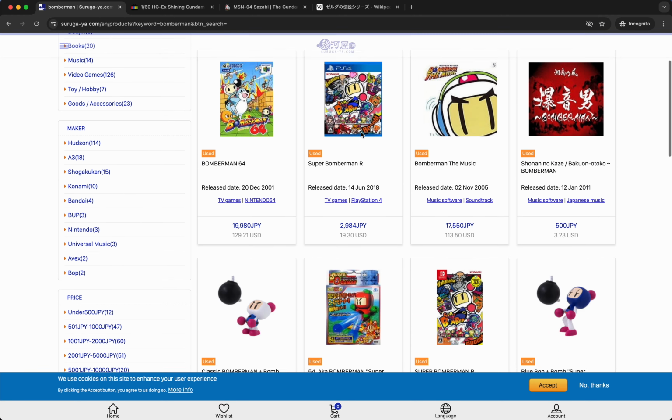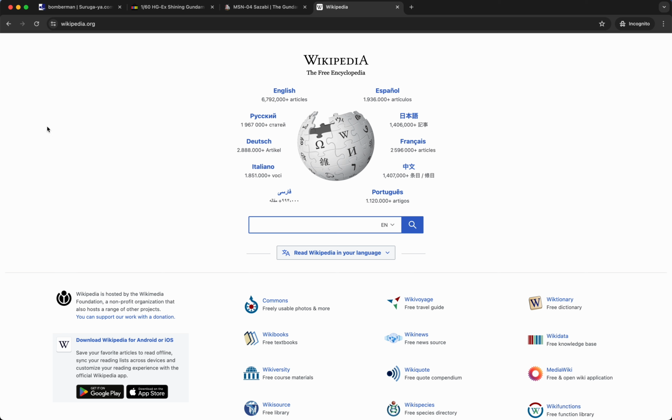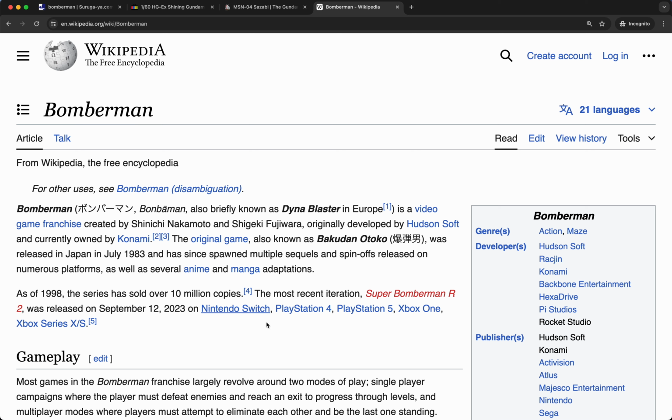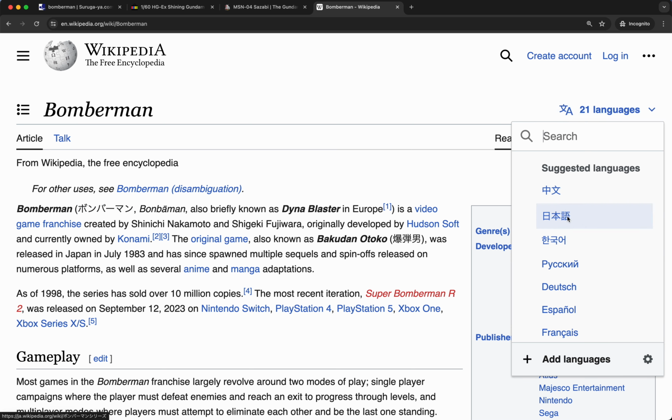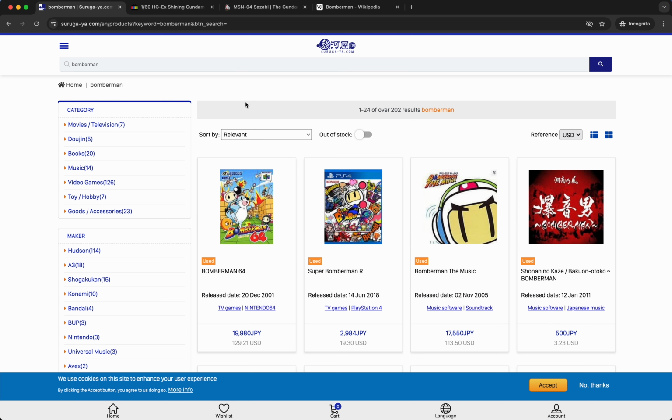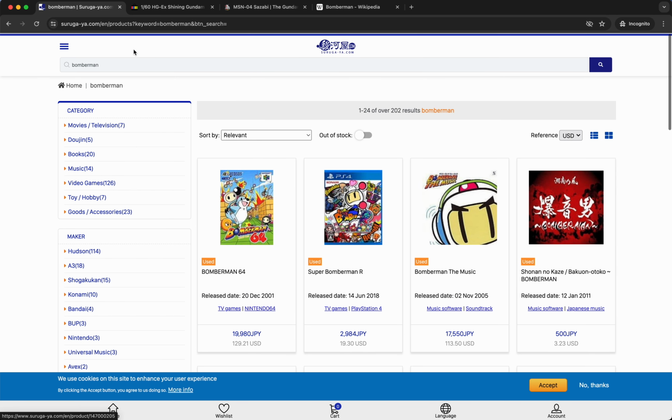You're going to see all of these different Bomberman games. So one thing you can do is go to Wikipedia and type in Bomberman. And you can see here that the Japanese for Bomberman is listed right after the name. Not all video games will have this on their page, but if it's not there, what you can do is go down to the languages and search on this one, which is Japanese, and usually then you can copy and paste from there. So we're going to go back and just take a look at these results for Bomberman,